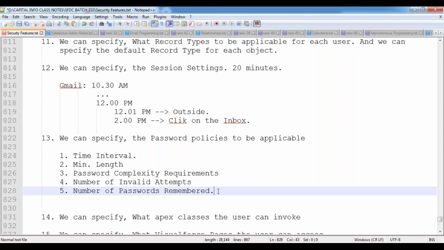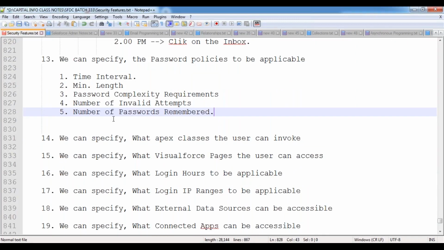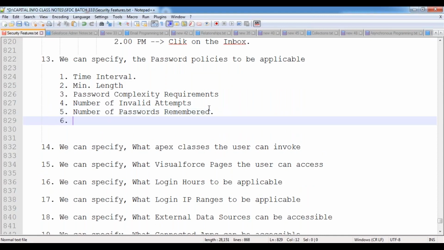Number of passwords to be remembered, we can specify that option also. How many passwords have to be remembered, we can indicate. Suppose, for example, when you try to log in to the application with a wrong password more than the specified limit, then for how long does the application have to be in inactive status? Like for example, when you go to your bank account,